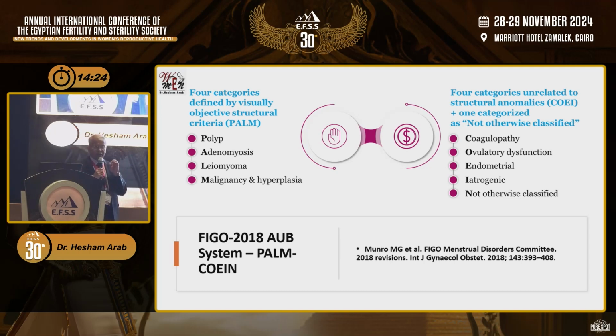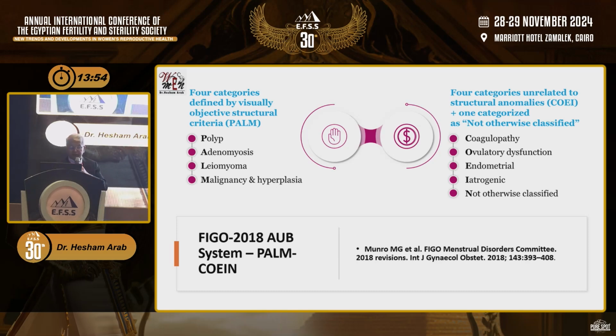To understand this, just a simple introduction about the definitions. We all know about it, but I never understood AUB till this FIGO classification came out. We used to talk about polymenorrhea, menorrhagia, oligomenorrhea, and all this, which really made no sense. But once we got this PALM-COEIN classification, at least we now have an understanding of a problem that really lasted for long. They differentiated the structural from the non-structural or dysfunctional causes.